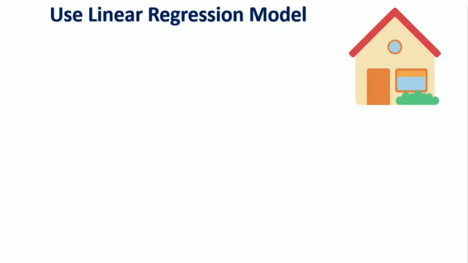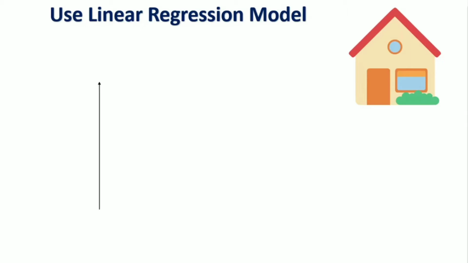So there will be a dataset in which prices of houses will be present, and on certain values they will be dependent. The price of a house will be dependent on different factors, or you can say different feature names present in the dataset. So we will make a linear regression model to predict the price of the house.